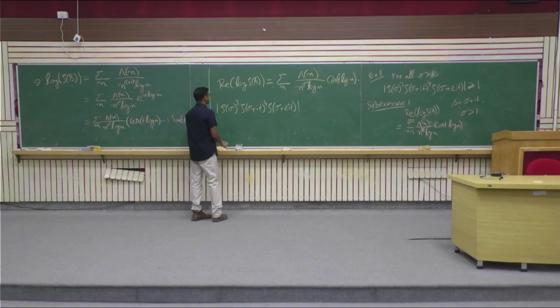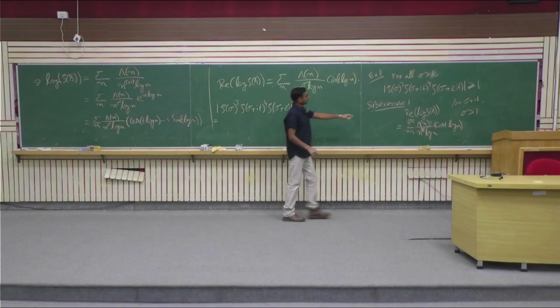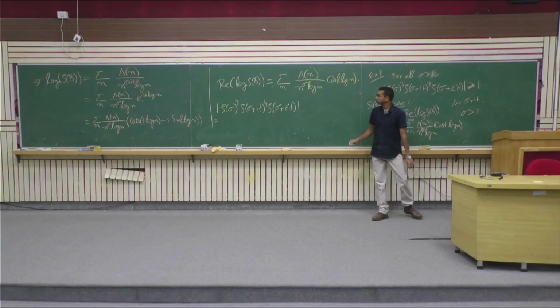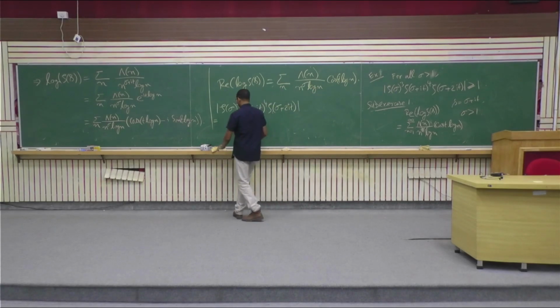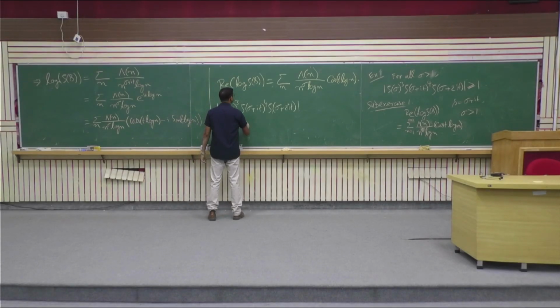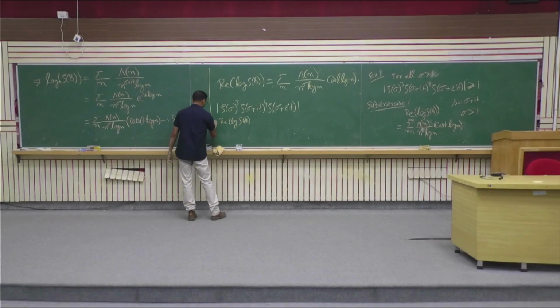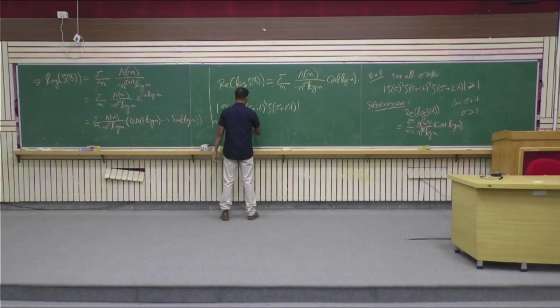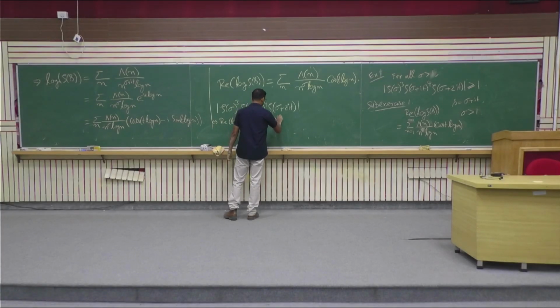So to show that this is greater than or equal to 1, it's equivalent to show that the real part of log of zeta sigma cubed, zeta sigma plus it whole power 4,